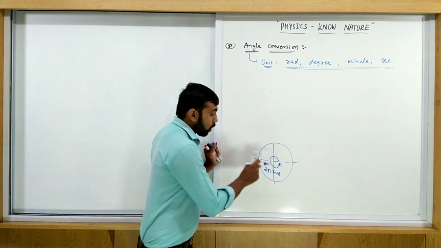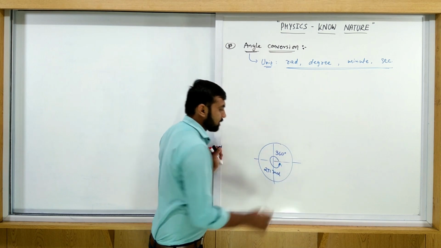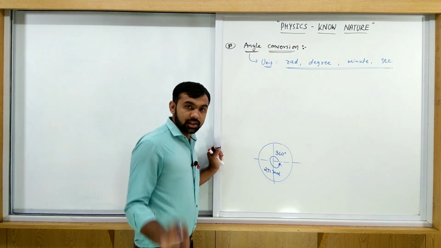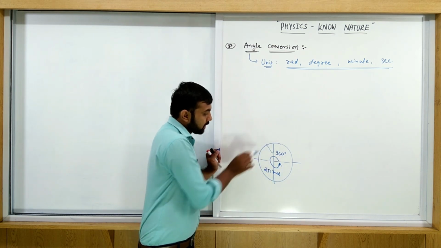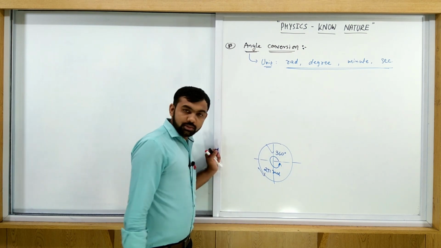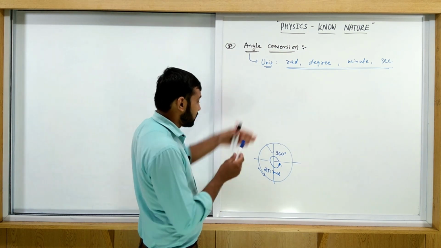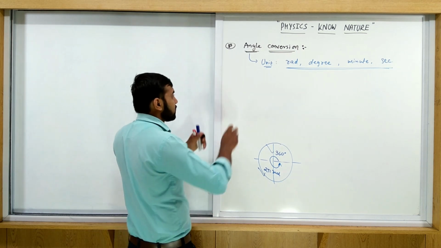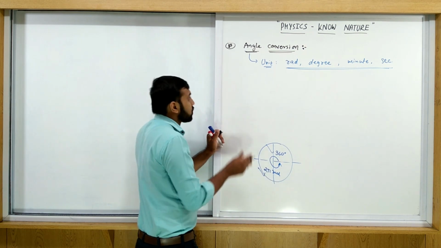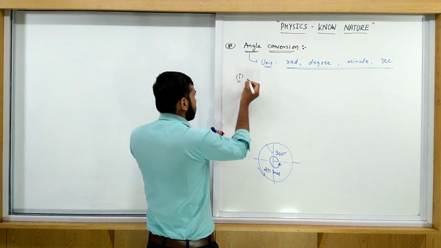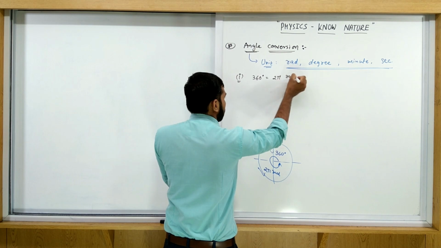All of you know this. What is this angle total in degrees? That is 360 degrees, as you studied in previous standards. So this total angle is 360 degrees in terms of degree unit, and this total angle is 2 pi in terms of radian unit. So both must be the same. The first relation you must remember is 360 degree is equal to 2 pi radian. All of you remember this first one: 360 degree is equal to 2 pi radian.